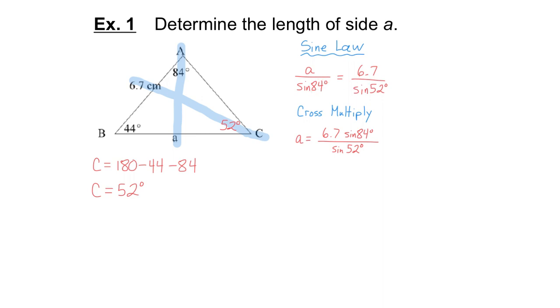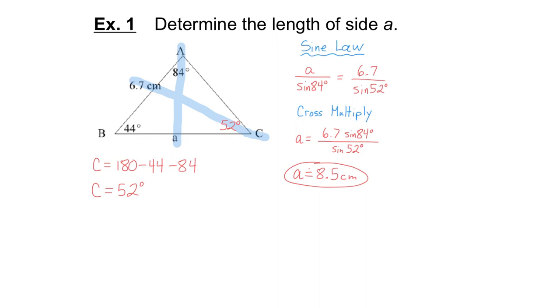Because it's a proportion with one unknown value, we can cross multiply. Multiply the diagonals. 6.7 times sine 84 is equal to A times sine 52. Then to solve for A, you have to divide by sine 52. So shortcut: multiply the diagonals, divide by the number left over. So A is equal to 6.7 times sine 84 divided by sine 52. That's what I wrote here. So now I just plug that into the calculator and I get about 8.5 centimeters as the value for the